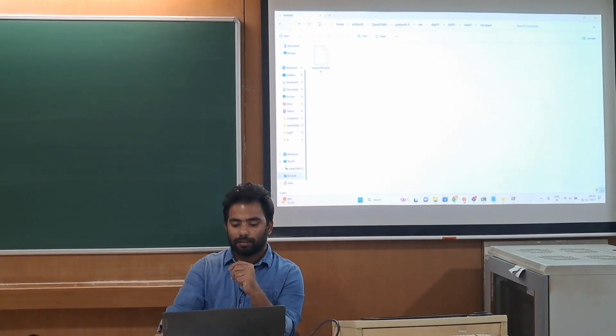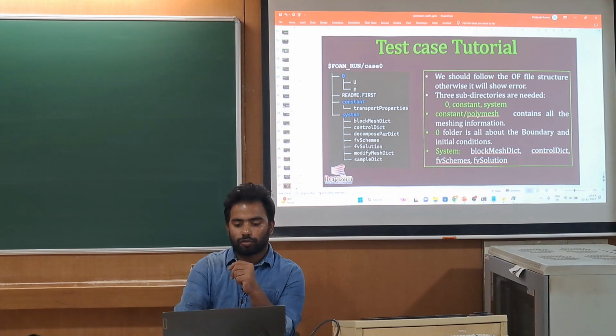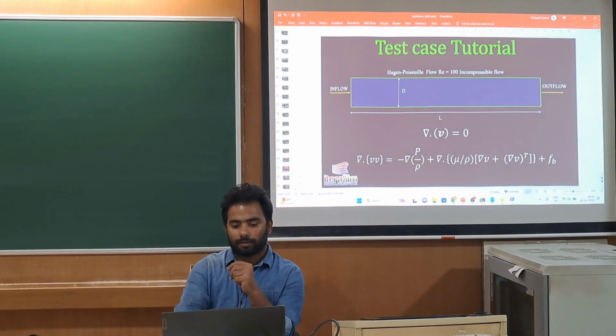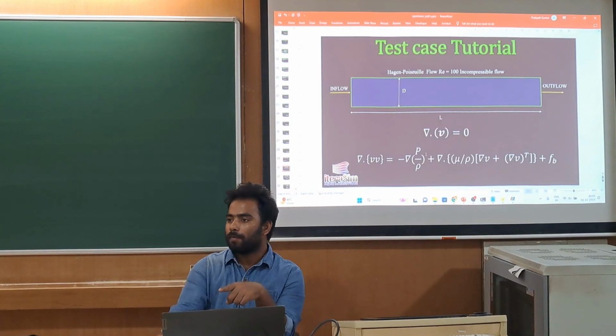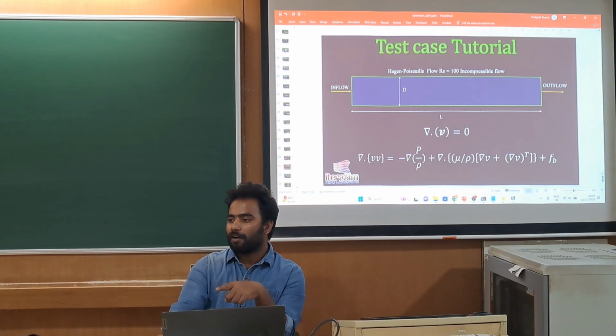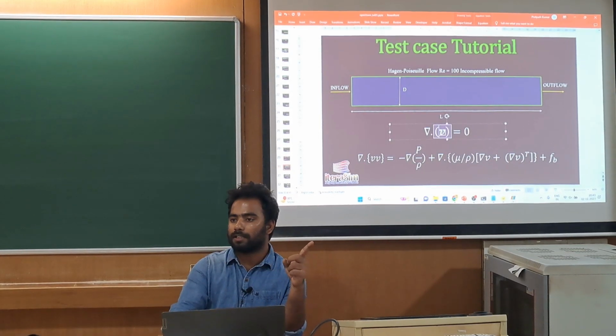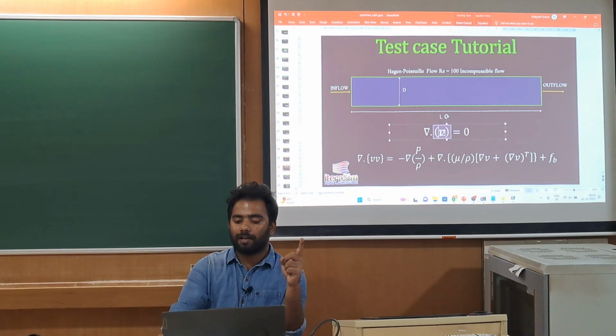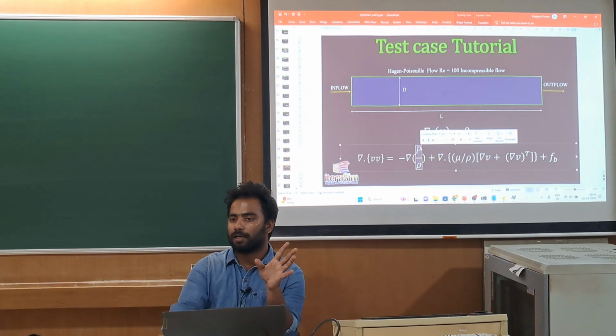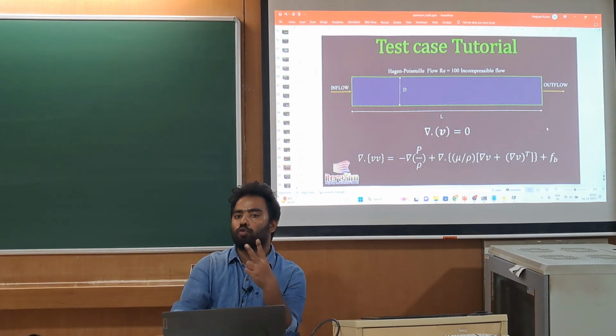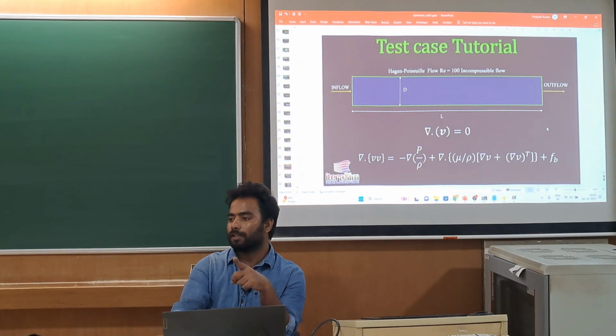Okay. So remember, we are solving this equation. U is a vector field that we are giving the boundary condition. P is a scalar field that we are giving the boundary condition. Now there are two physical properties, the density and the viscosity.